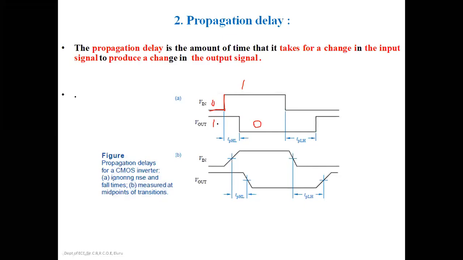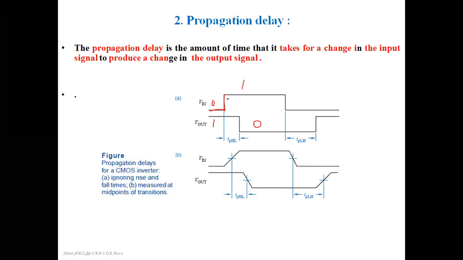Okay, so here is the time required to change the signal at the output from the low state to the high state and from the high state to the low state. These two are determined as the TPHL and the TPLH. In the second diagram you can see the practical or actual version of the propagation delay.